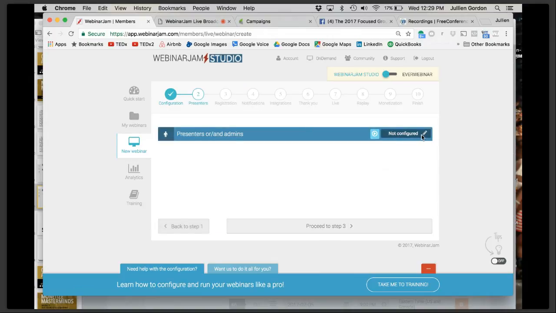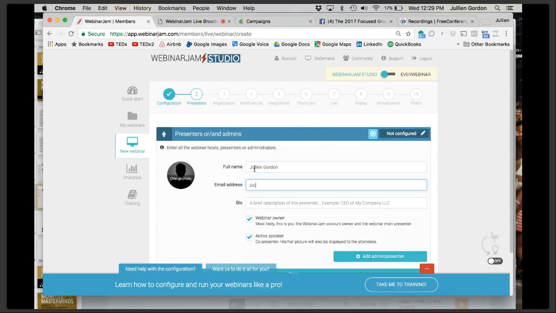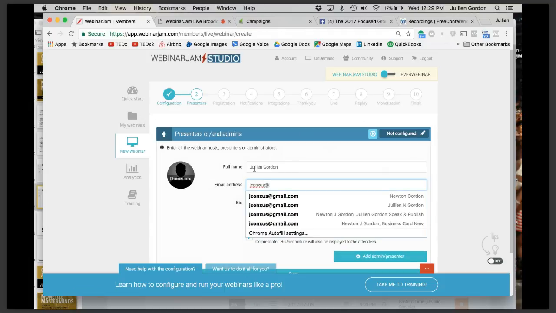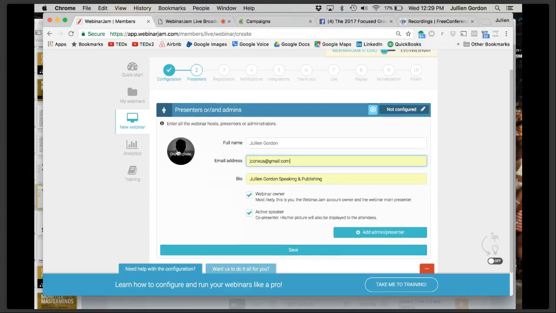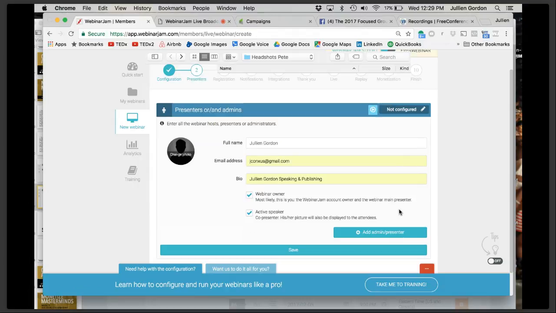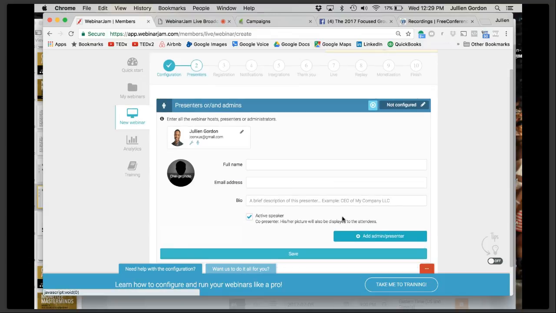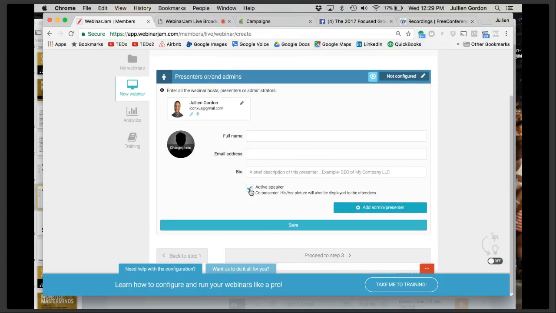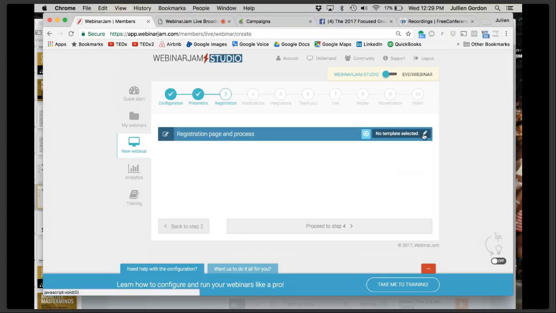presenter admins. So what I'll do is I'll add my name. Julian Gordon speaking. I'll add a photo. Back, Dropbox. Boom, photo there. Add as presenter. Boom, I show up there. You can also add somebody who's not an active speaker and simply uncheck that if somebody who's going to be supporting you. So that's step 2,